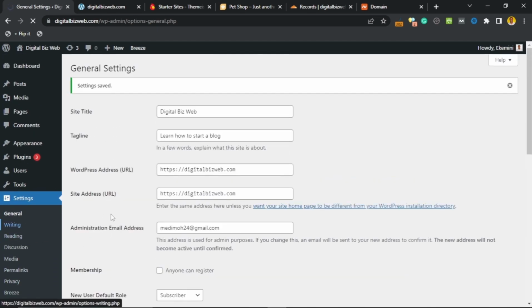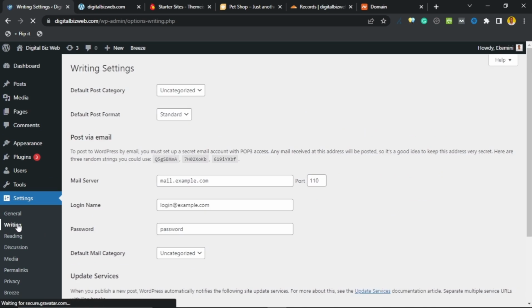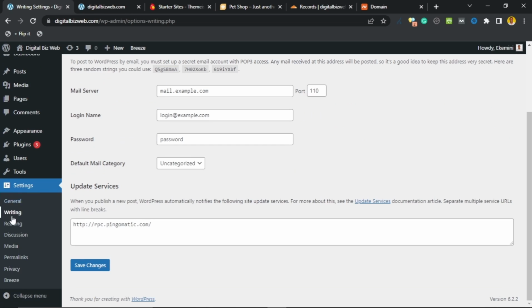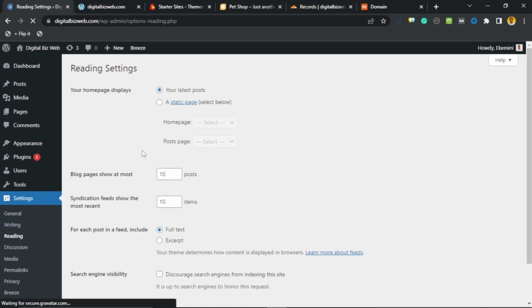The next thing you want to go to, you go to writing, and then you make changes. Default post category, we will change that later. All right, standard, everything seems to be fine here, so no changes. And then we go to reading, and then this is where we will actually